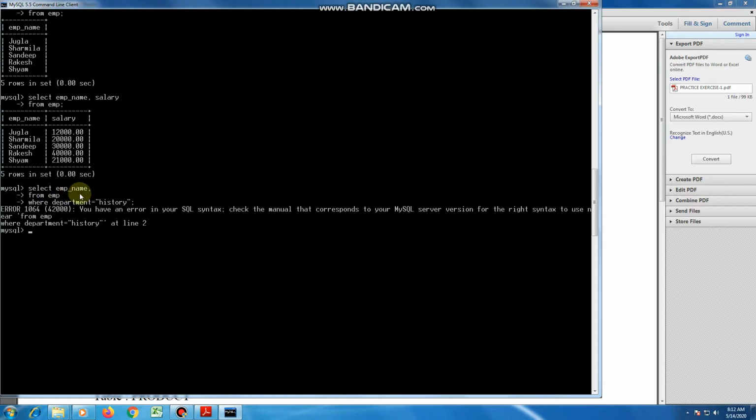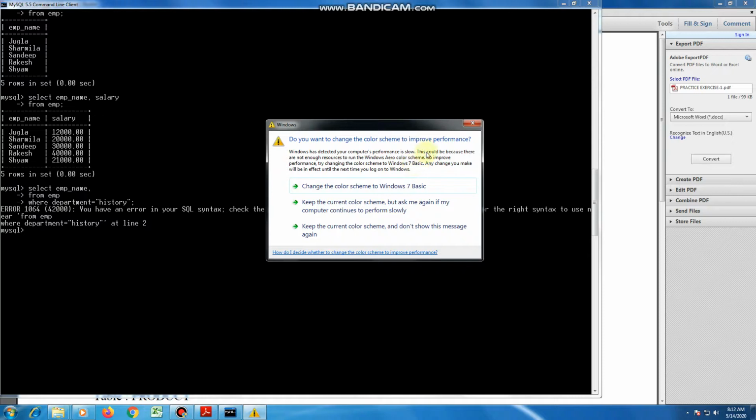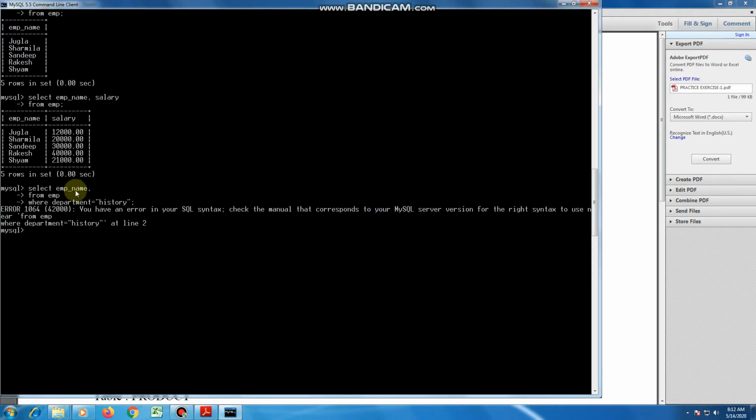Select EMP name from EMP where department is equal to history. Actually the problem is that since we are using only one column, therefore this comma should not be here, so it should be removed from here, then our query will be executed.